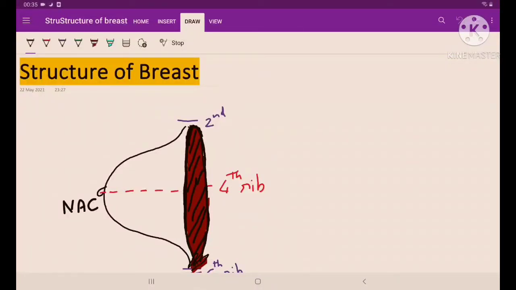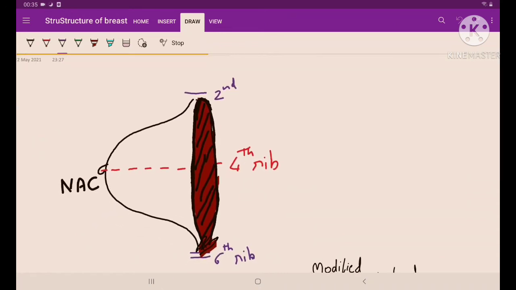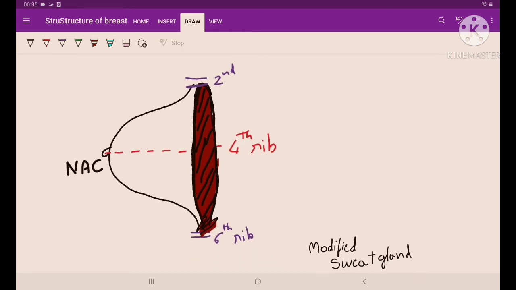This is Ulas, and we'll be starting with a very interesting topic today, that is the structure of the breast. Let's get started, guys. See here, I have drawn a diagram. This signifies the anatomical extent of the breast. The breast extends from the second rib to the sixth rib vertically, and horizontally it extends from the lateral border of the sternum to the mid-axillary line, and there is an axillary tail of Spence which enters the axilla. Axilla is the armpit. We'll discuss that in detail when we are discussing the lymphatic drainage of the breast.